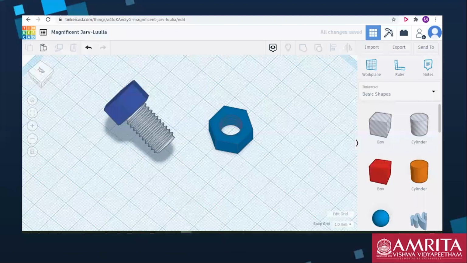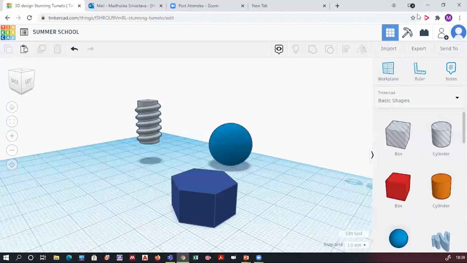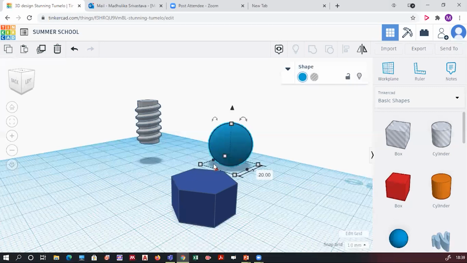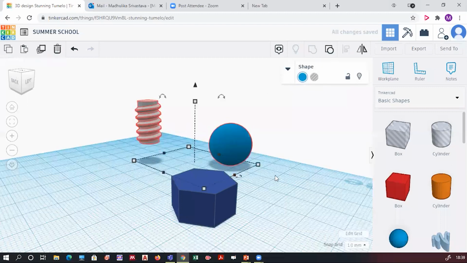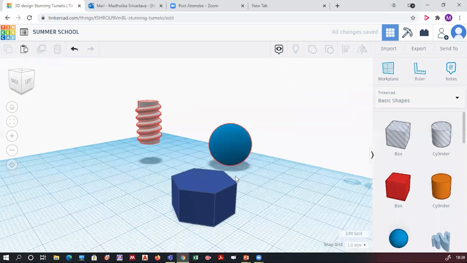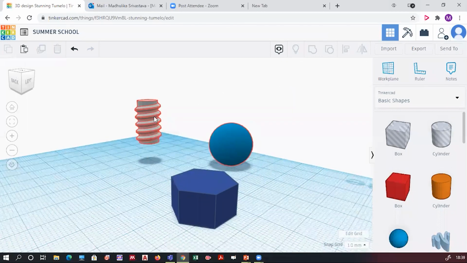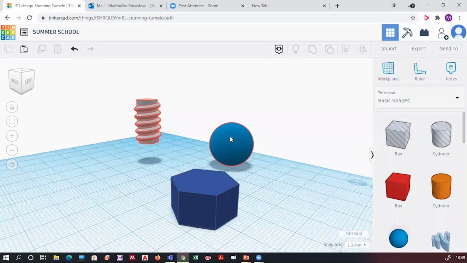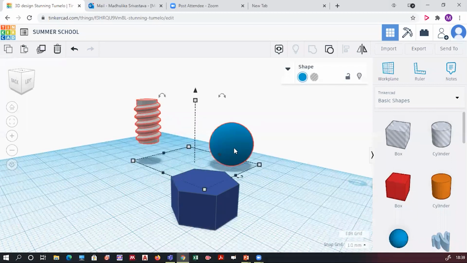Shift key is used for selecting multiple objects. Okay. Change the color in the group. How to change the color in the group? Suppose I have grouped these two together. Now I want that they should not have the same color. Since they are grouped together, they have the same color.